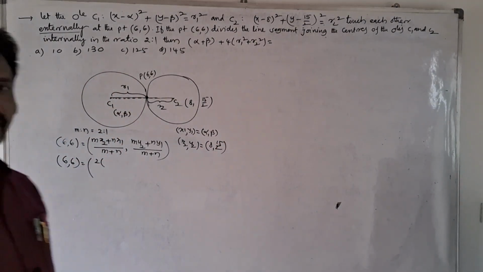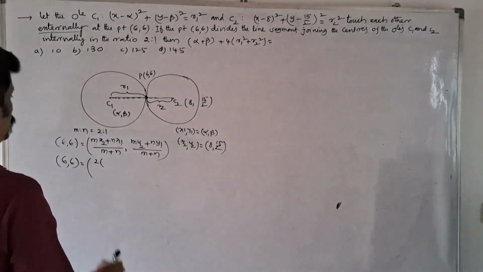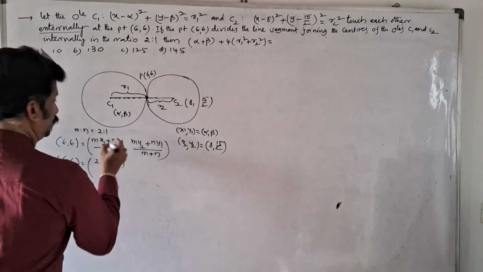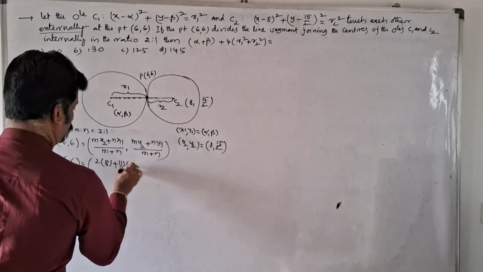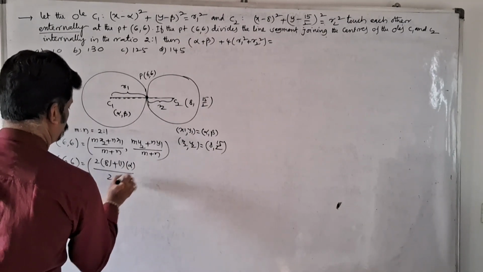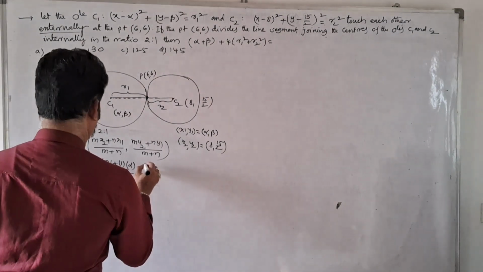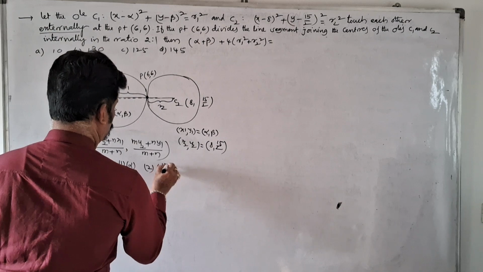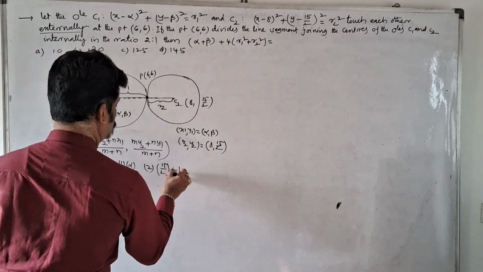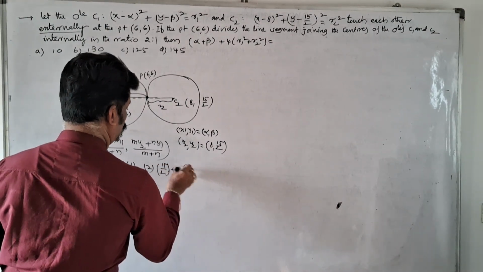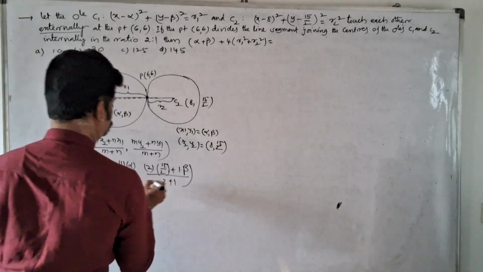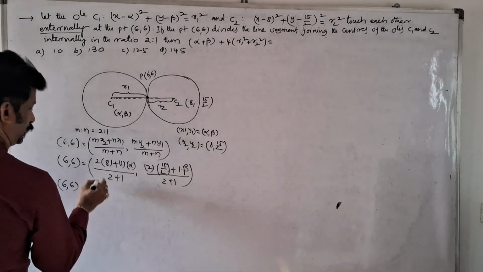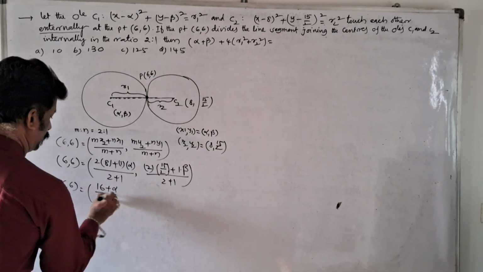First, to find alpha comma beta. x2 is equal to how much? 8, plus n is equal to 1 into x1, which is alpha, by 2 plus 1. Now m is equal to 2 into y2, which is 15 by 2, plus n is equal to 1 into y1, which is beta, by 2 plus 1. Now this implies (6, 6) is equal to 16 plus alpha by 3,